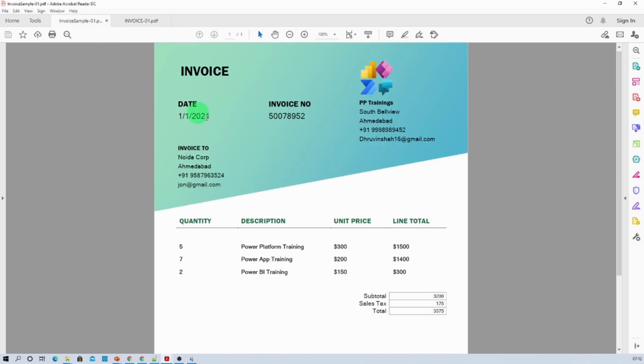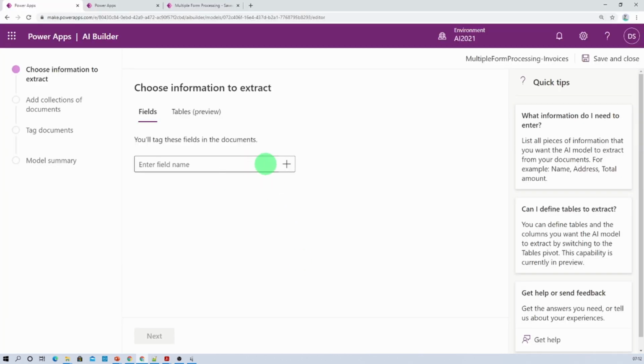So define the maximum fields over here, because this is the first step where we need to define all the fields, no matter if it is a part of your invoice or not, because in a later part, if that is not a part of your invoice, we can just exclude that field in the later section. But here you need to define the maximum fields that are available in all of the invoices. So make sure about that.